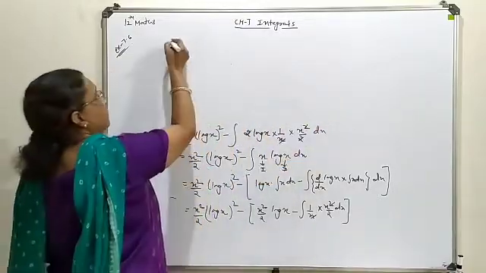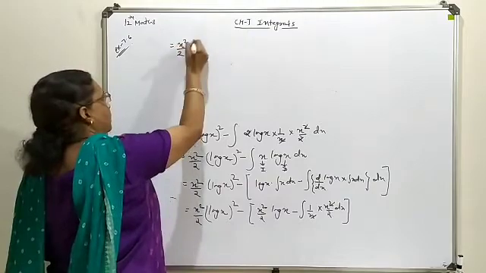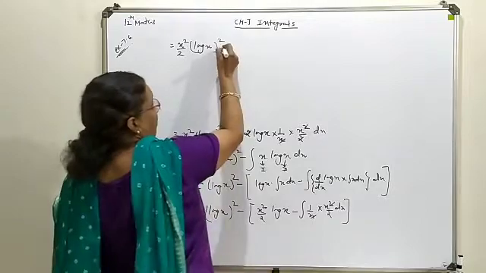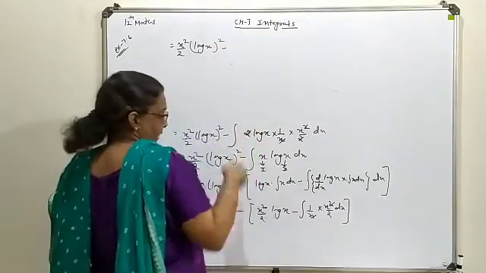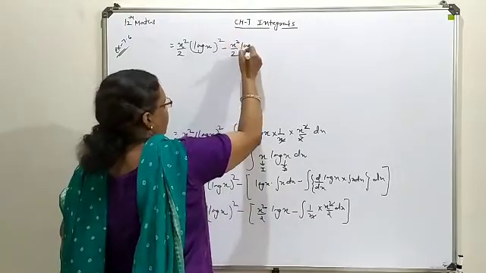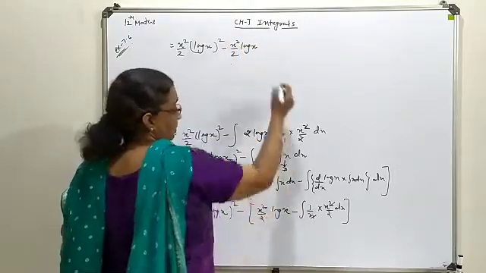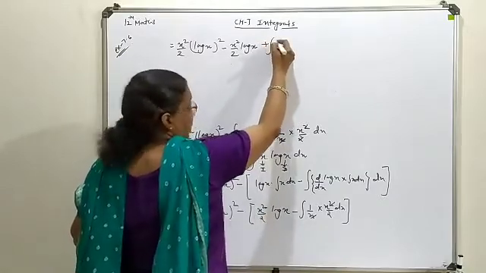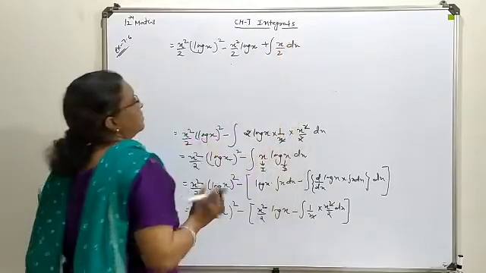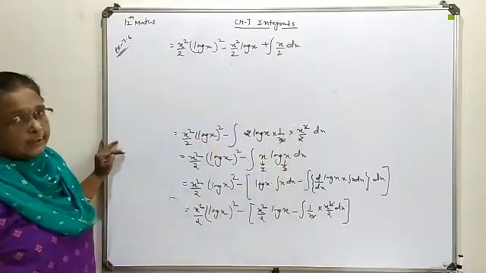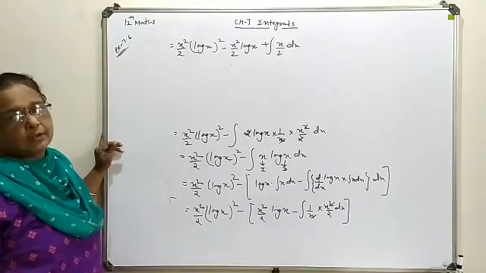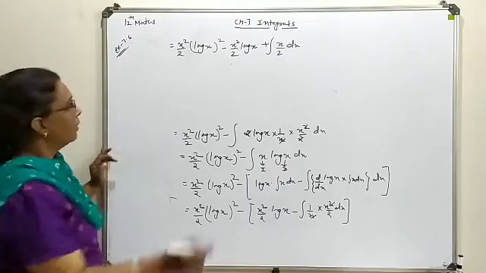So here it is x square upon 2, minus, you multiply inside, x square upon 2 log of x, minus plus x upon 2 dx. So this is the single term you have for the final integration. It will proceed as x square by 2, with 1 by 2 already available. So x square by 4 will be the final answer form.